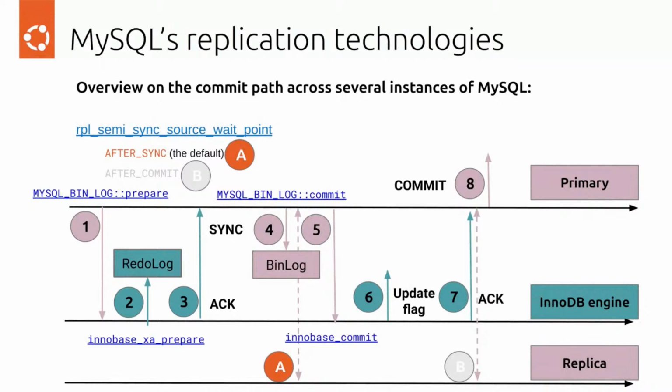This means you might end up in a situation where the changes were applied locally and persisted, but if you have a problem like a crash of the primary server between step 7 and 8, the client that connects to the newly elected primary, which was a replica, might see a